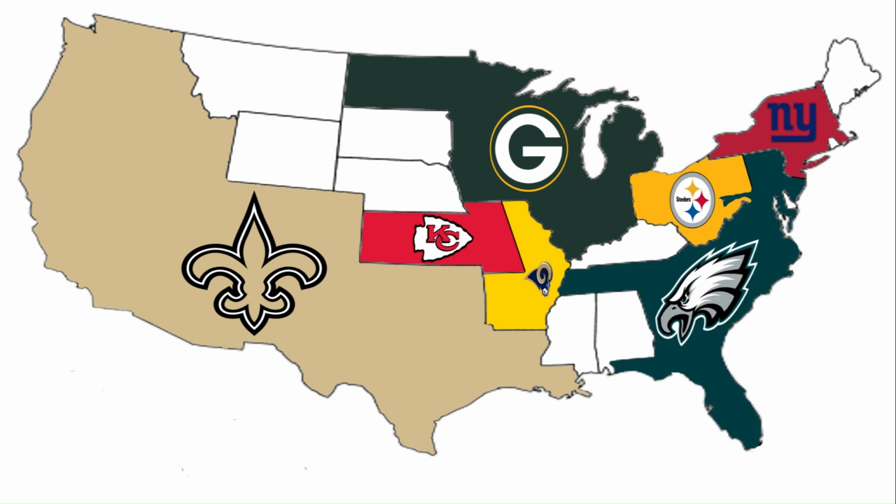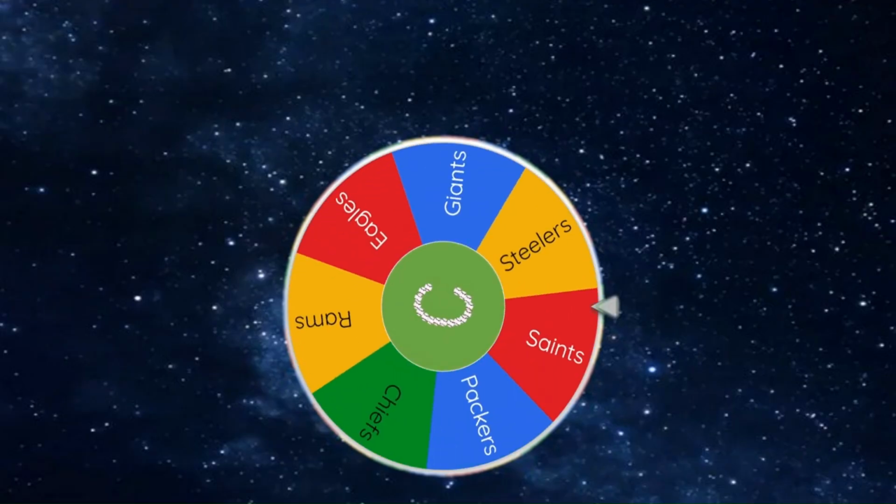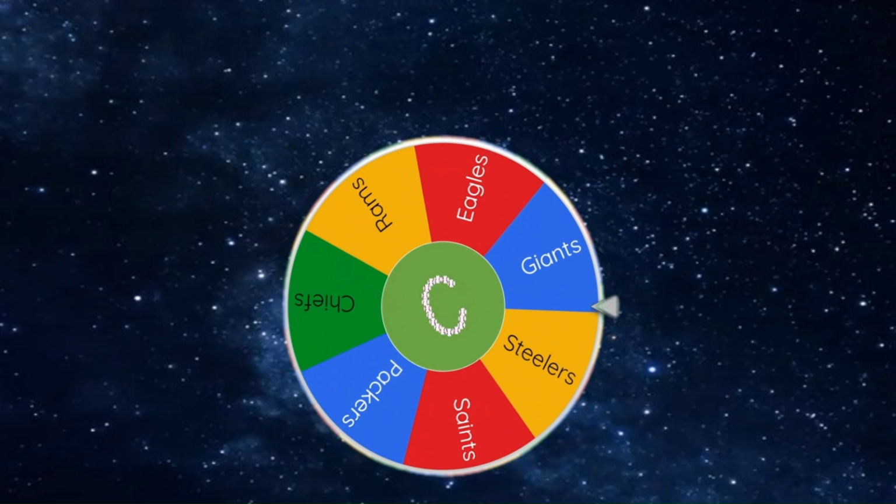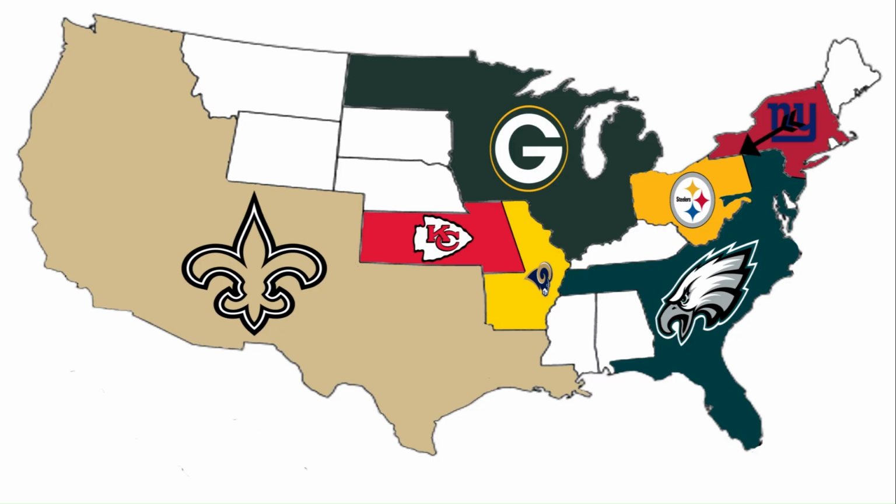The Eagles take over their territory, and as we said, they will be the favorite going forward. We're ready for a photo finish here. The Giants come up on the wheel, and we can see they just barely bypassed the Eagles' territory. That perfect angle is going to take them into Pittsburgh to play the Steelers.